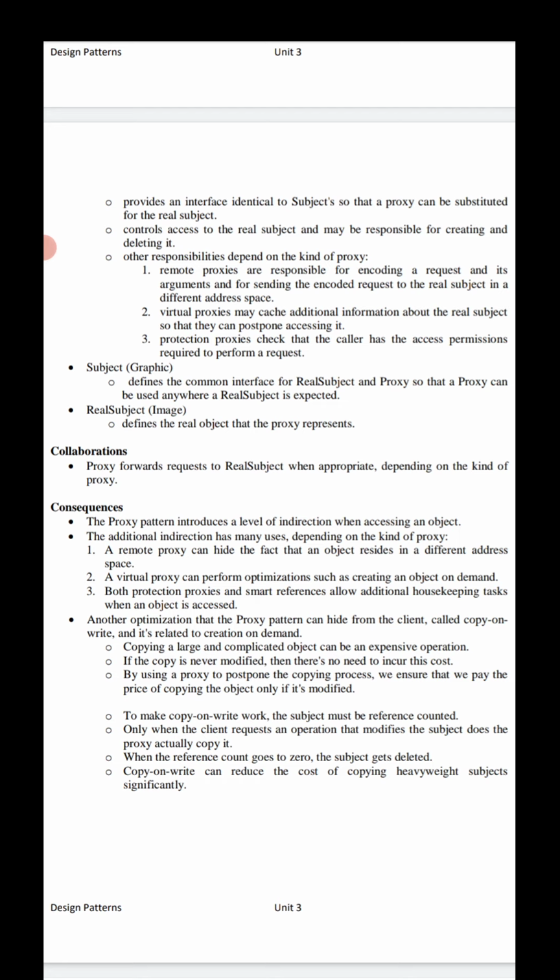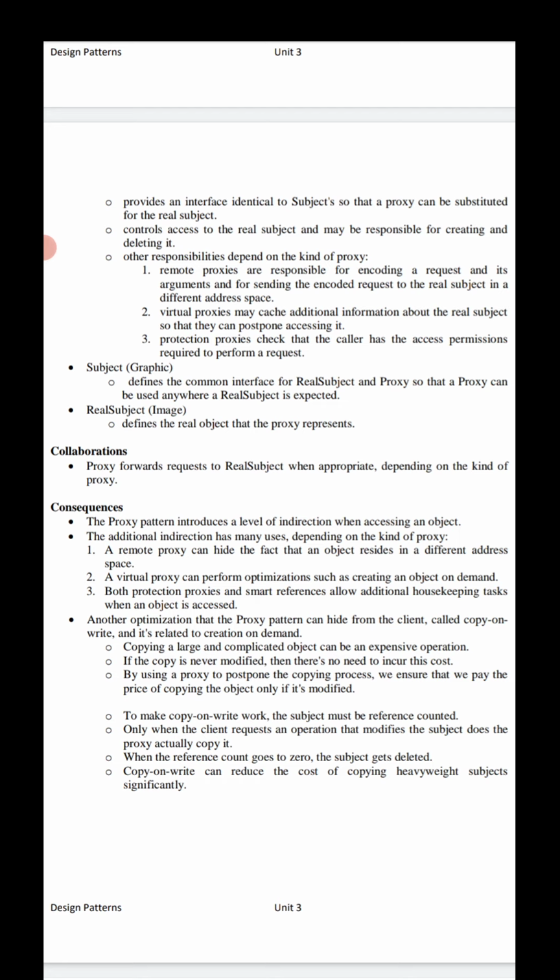Copying a large and complicated object can be a very expensive operation. If the copy is never modified, then there is no need to incur this cost. By using a proxy to postpone the copying process, we make sure that we pay the price of copying the object only if it is modified.